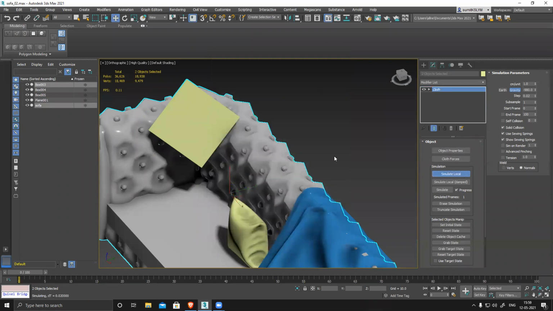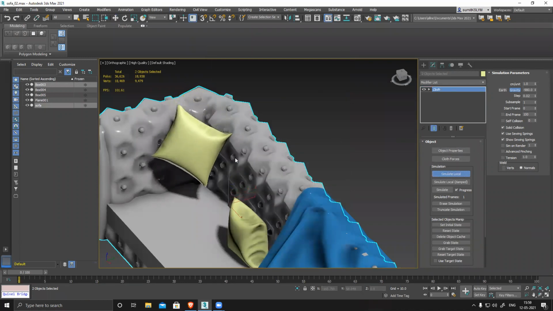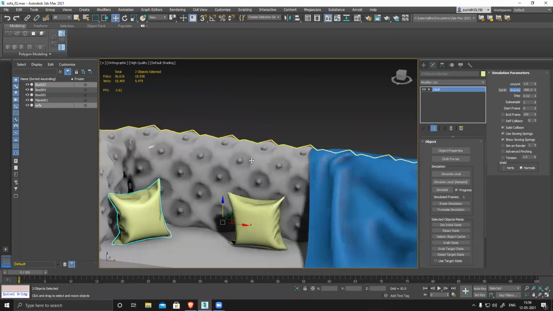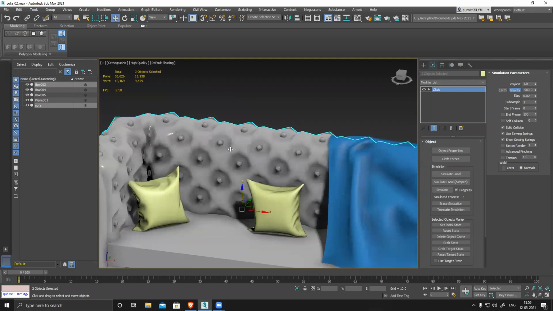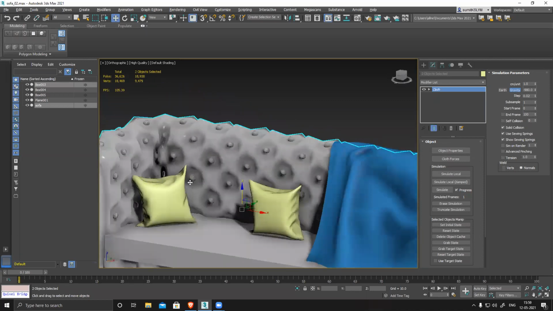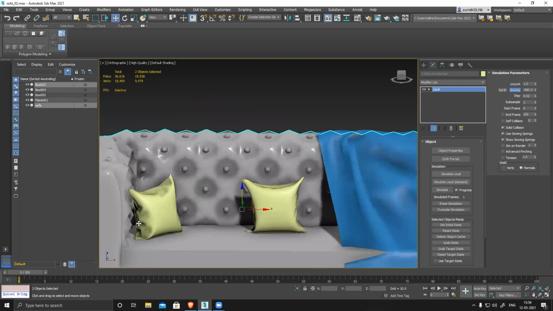Okay, simulate. See, it's colliding and generating this. So basically collide and generate. Whatever you create based on the angle and position, it will create that very easily. The folds are different now, and there are extra folds also. So first you have to create the angle in your model and then simulate.